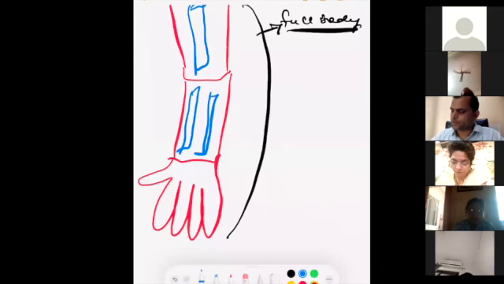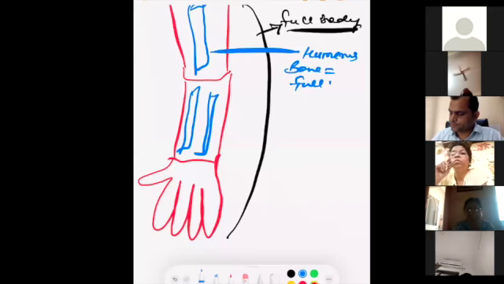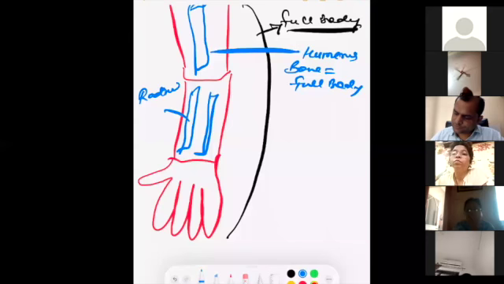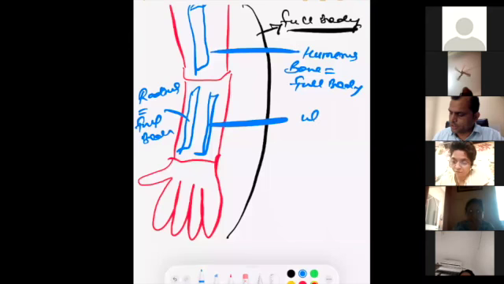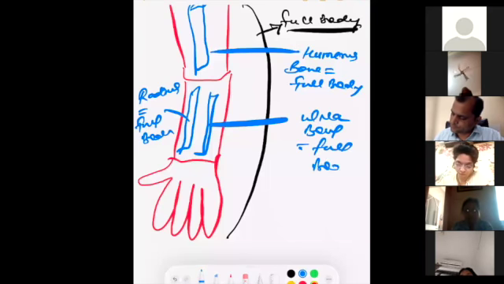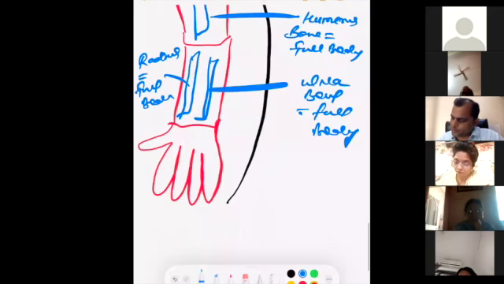So here, this humerus bone is the full body. Here, this radius bone is equal to the full body. Here, this ulna bone is equal to the full body. So we have three bodies here, and we can treat any problem in this smaller part, in this one bone. Even if we go down, we have here